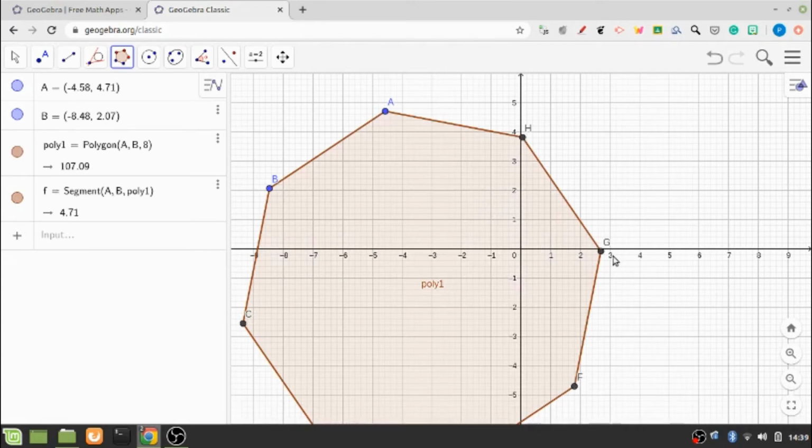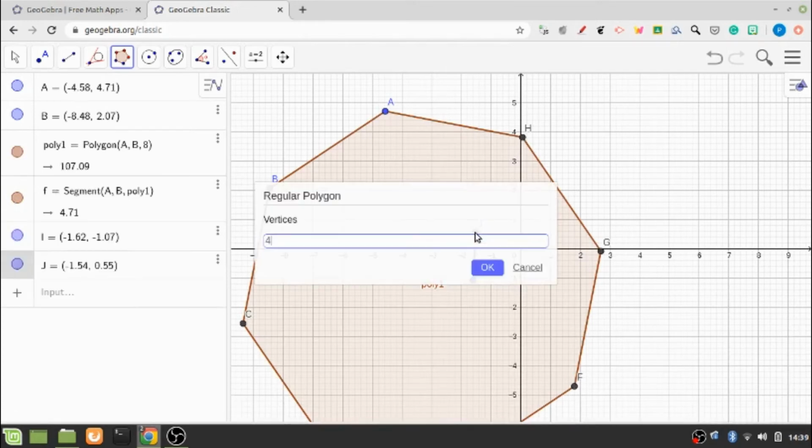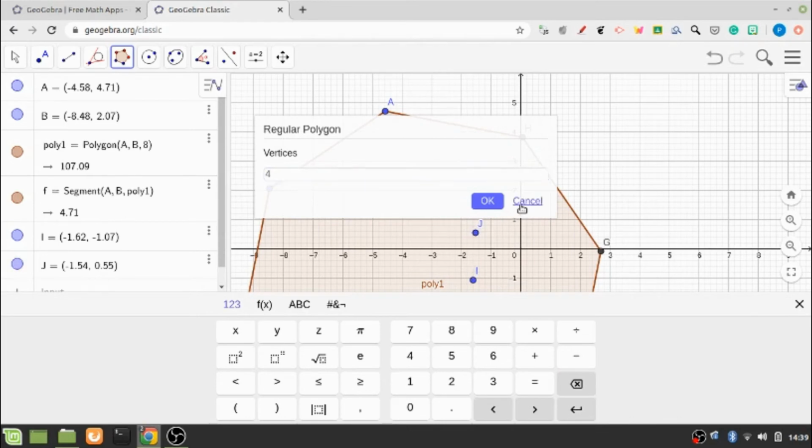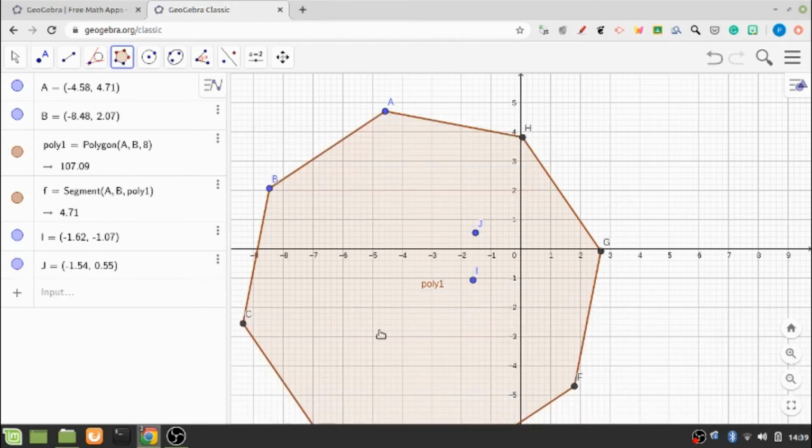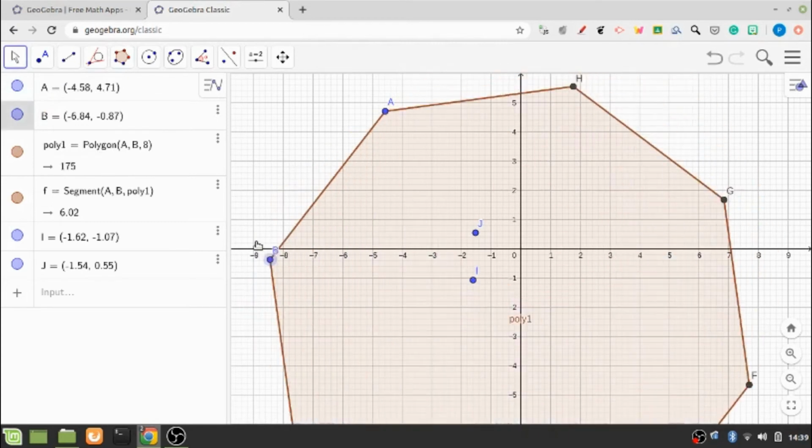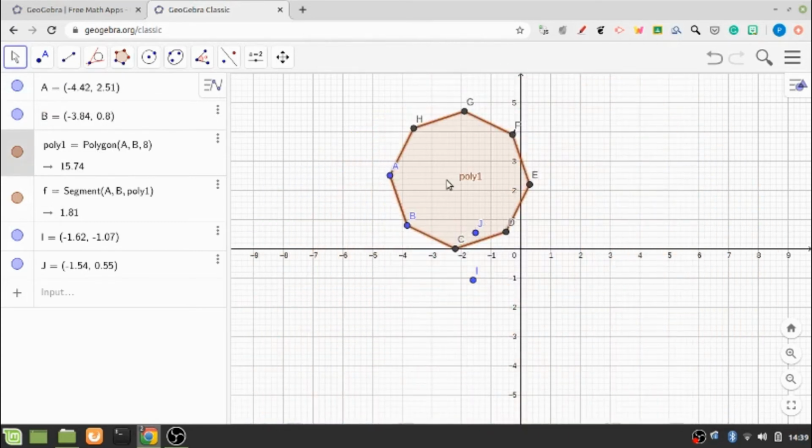So now you see that an octagon has been generated like this. Similarly, using the move tool, you can increase or decrease the size, you can change its direction, you can pull any of the points.